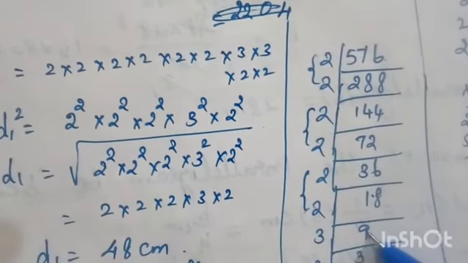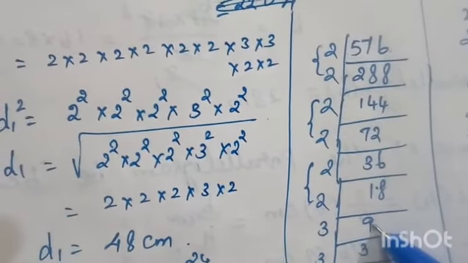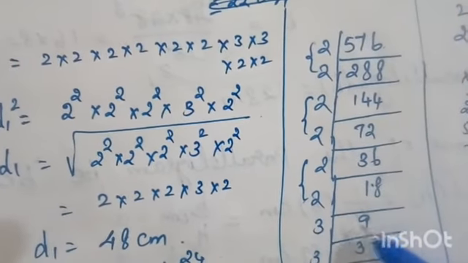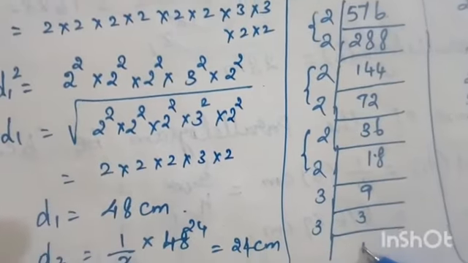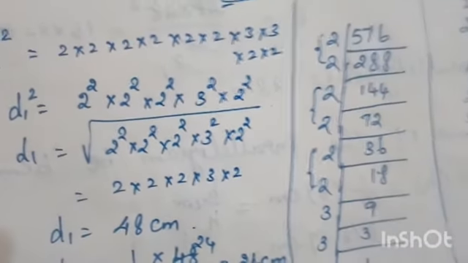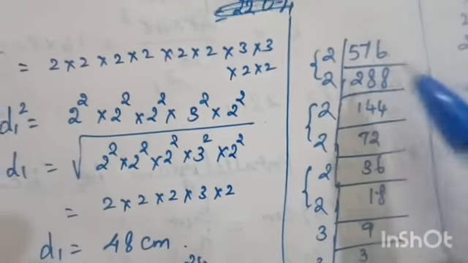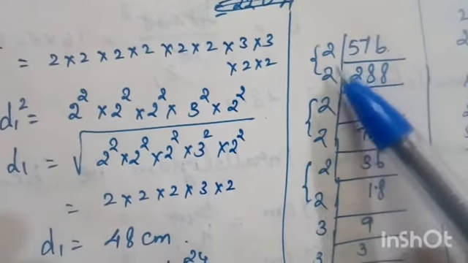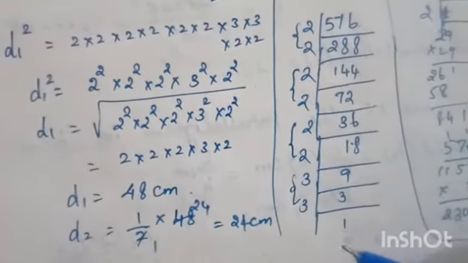Now which prime number is possible? 3 is possible, since 9 is not exactly divisible by 2. So 3 3s are 9. Again 3 table, 1 3 is 3. As I already said, we make it a square because we want to find the square root. So you make groups of two same numbers. These two are a group, these two are a group, and next these two are one group.